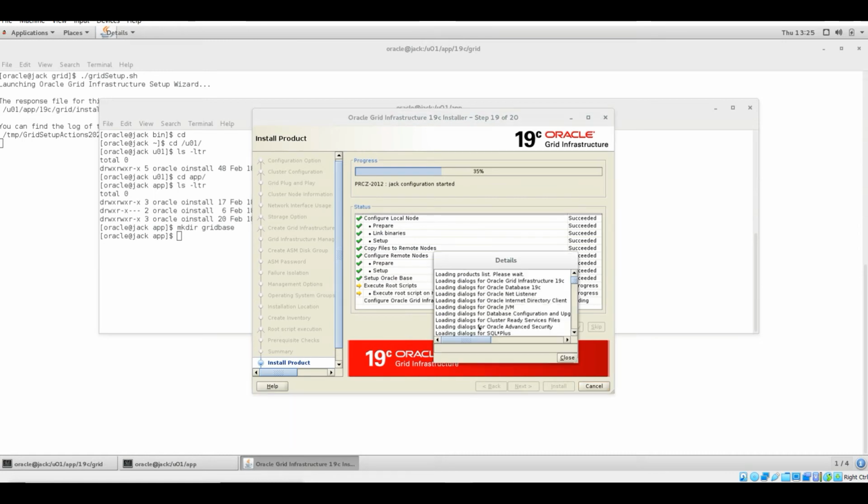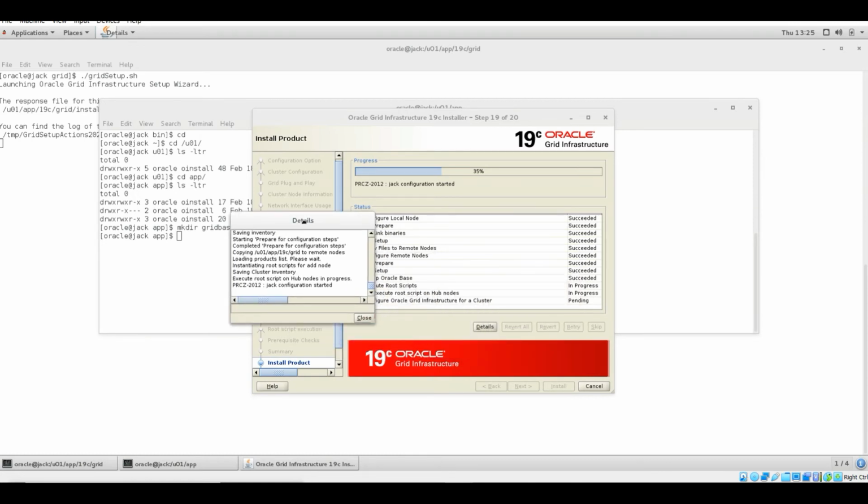You can see in here right now, if you go to details, these steps will be performed on each node. First it will be performed on node 1, and then after node 1 you can run the script in parallel on other remote nodes. In here I have just one remote node since it is a two-node RAC setup. After this setup on node 1, from the node where I am firing the grid setup command, it will go ahead with node 2, which is Jill.